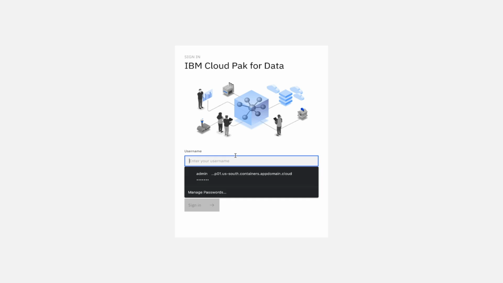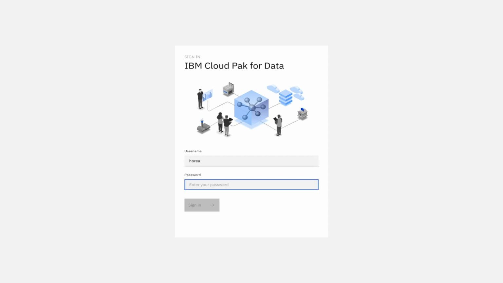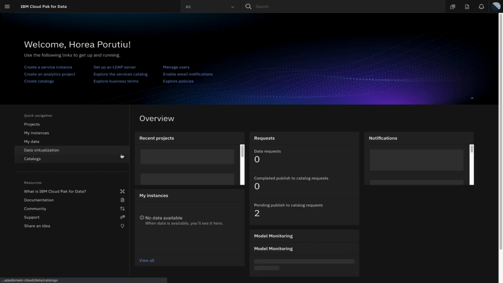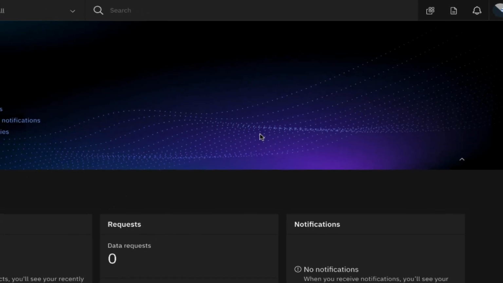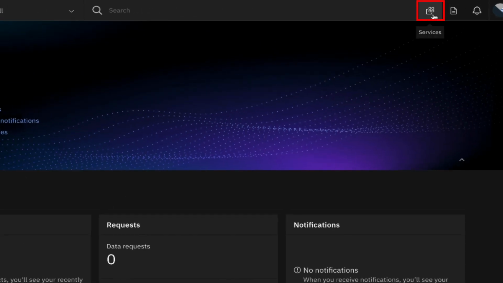So here we're logging in with our username and password into our Cloud Pak for Data instance. We clicked sign in, and here we're greeted with the overview page. Here we can see our projects, our instances, and if we go to the top right, we can see our